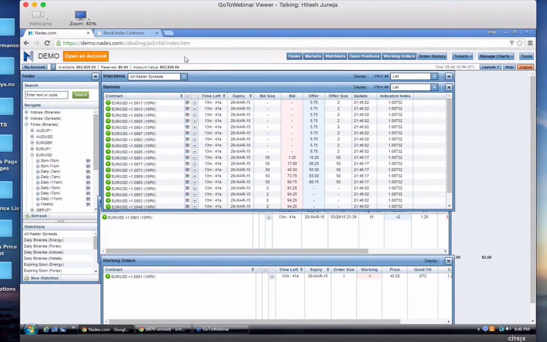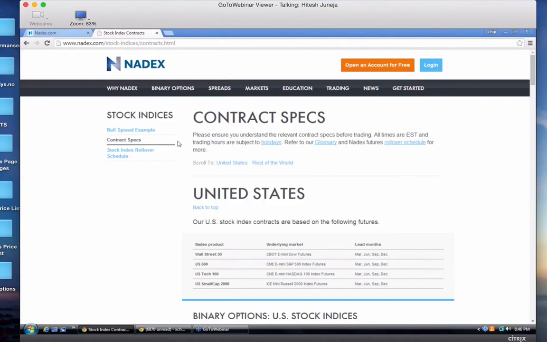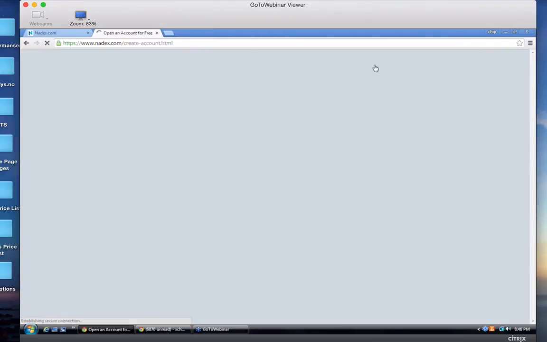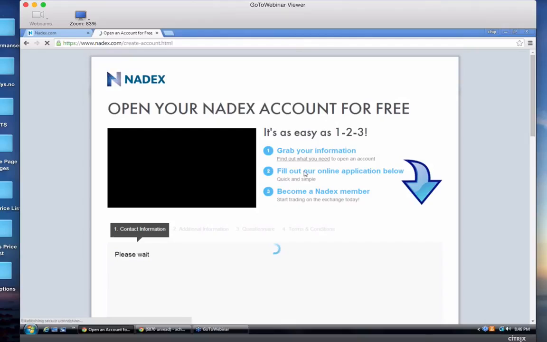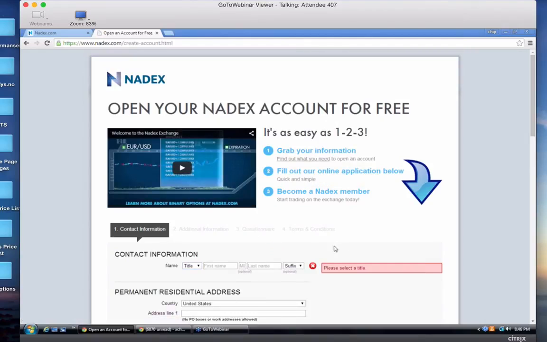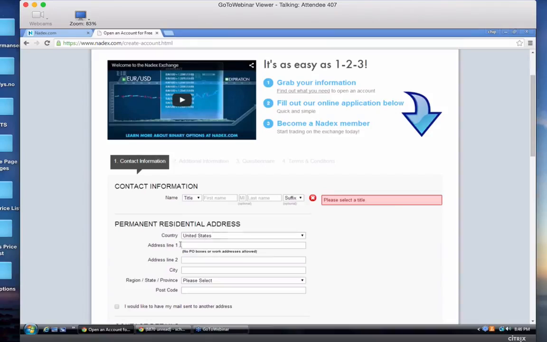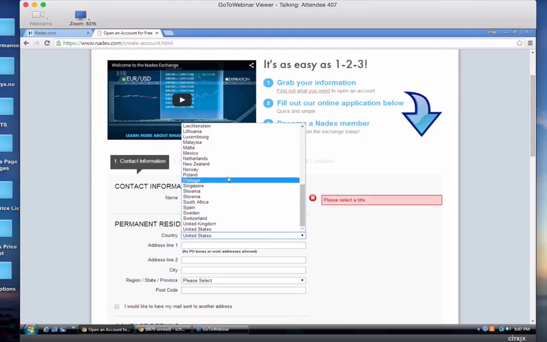Just walk through the process that an international user would go through to get an account at Nadex, and the benefits they get when they call in and say they're with Options Domination. We're certainly going to try to keep the Options Domination guys all happy, for sure. When you open up an account, you'll go here and just start filling this out. As for what countries are available where we can accept applications, these are all the countries.